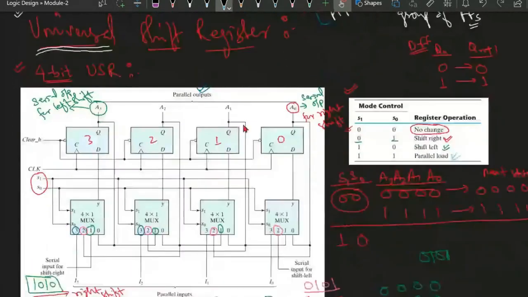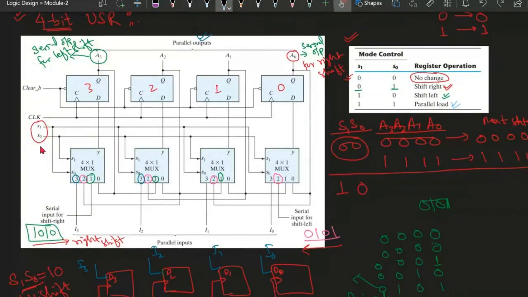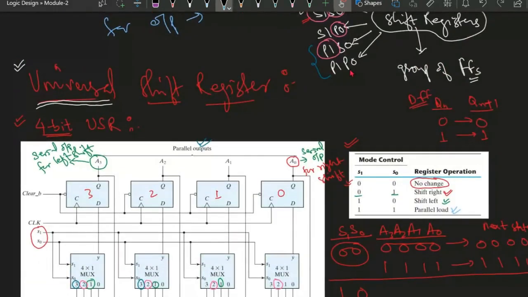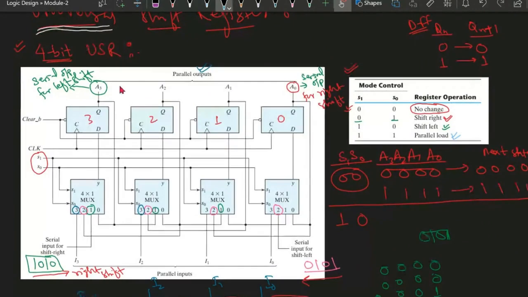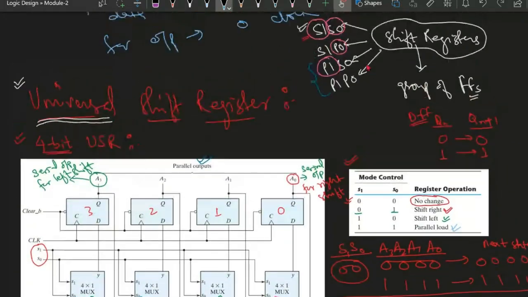But in case of parallel input, two conditions are there. For parallel input, this is the condition: if select lines are 1, 1, the parallel input will be there. The next two cases are either serial output or parallel output we are taking. If we are taking the parallel output, we will directly take the output from A0, A1, A2, and A3. We can take the parallel output directly. If we want to take the serial output, in that case,